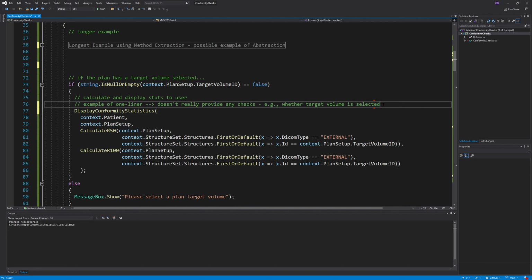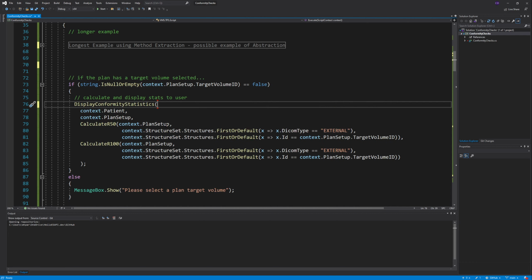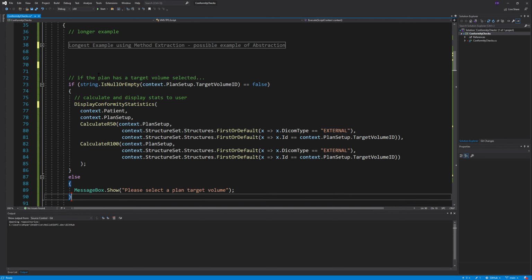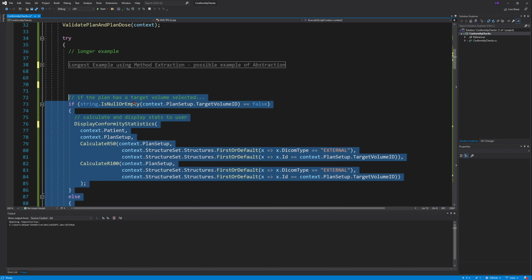Let me hit Control KD, just fix the spacing there. But, we did provide checks, so I'm going to get rid of that. So if the plan is a target volume selected, you know, yada, yada, yada. So this could be,